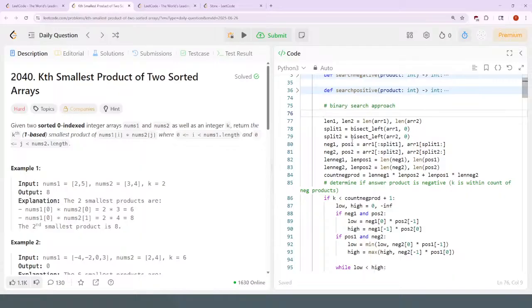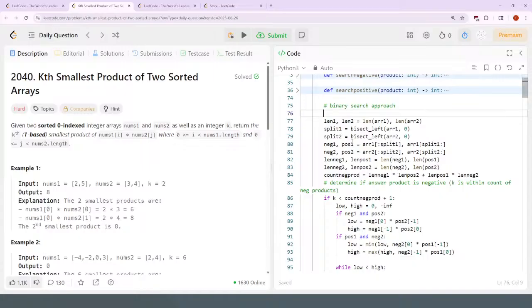Generally, the speed of the check is going to be O of n, where n is the size of the data. In this case, O of n plus m, where n and m are the size of the arrays. So you have to do it in one pass. And generally when you play hot cold, finding the correct value is going to be O of log n, or log base 2 of n,